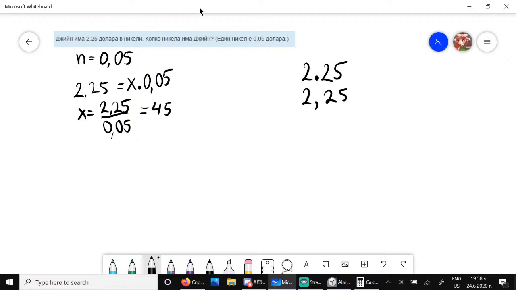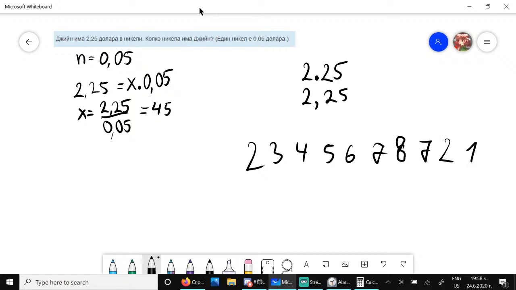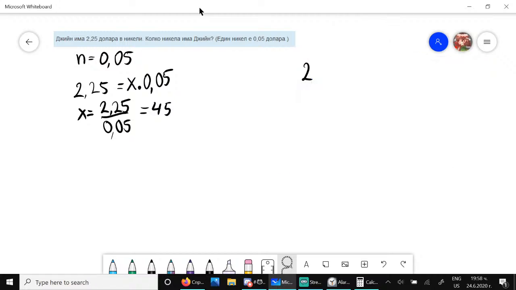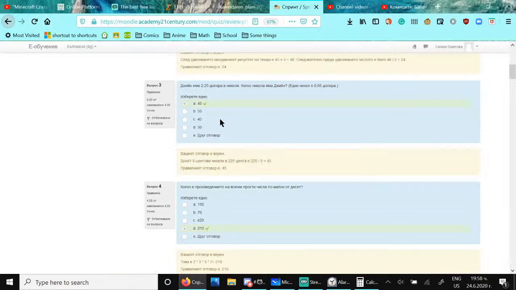And the other thing that I want to say is, in large numbers like 2, 3, 4, 5, 6, 7, 8, 9, 7, 2, 1, let's say, I don't write the commas that some people do, so keep that in mind. And that's the answer to this problem, and it's correct. The next one,